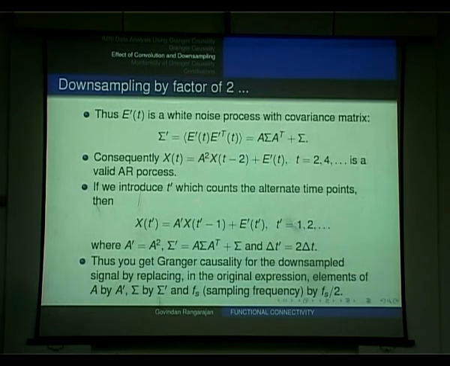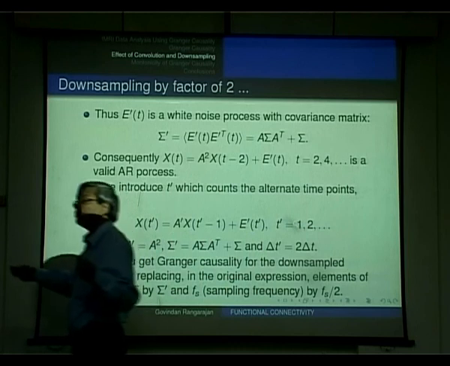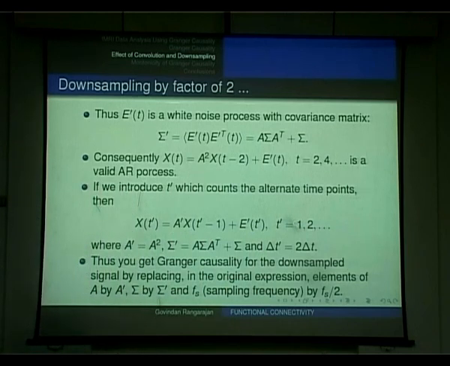What I therefore do is what you do when you downsample by a factor of 2: you are only sampling at every alternate time point. So if I am measuring the signal every second, when I downsample, I only look at time t equal to 0, 2, 4 and so on. That essentially corresponds to skipping every alternate time point, and if I do the math correctly, what I get is that the downsampling corresponds to yet another autoregressive process, except that this A prime, the coefficient matrix here,